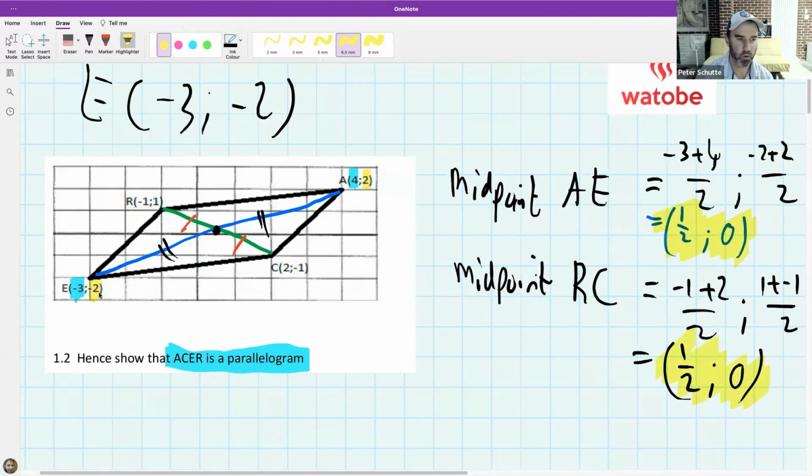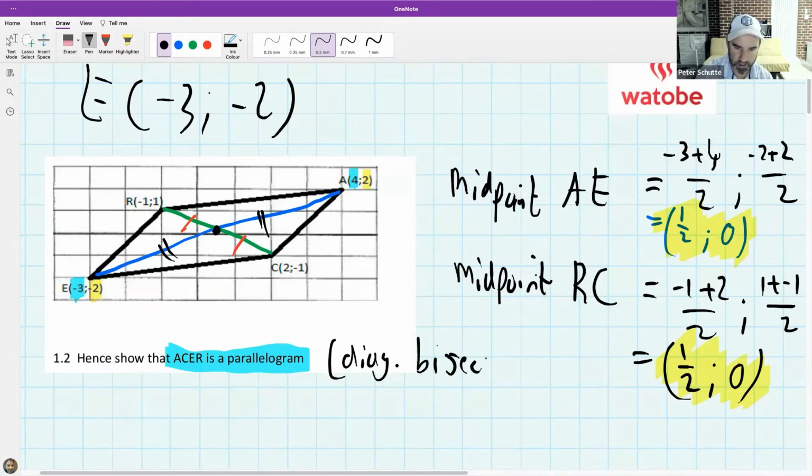So I think it seems like everybody's getting that the midpoint of AE is a half naught, and the midpoint of RC is a half naught. So what does that actually mean? It means that ACER is a parallelogram. And why is it? It's a parallelogram because the diagonals bisect each other, and you have shown that there are common